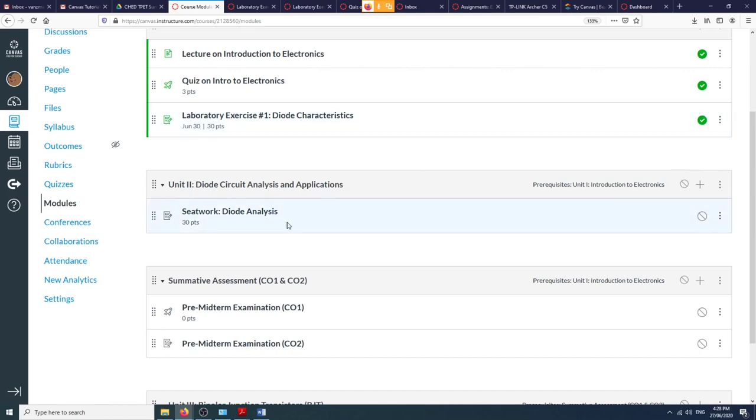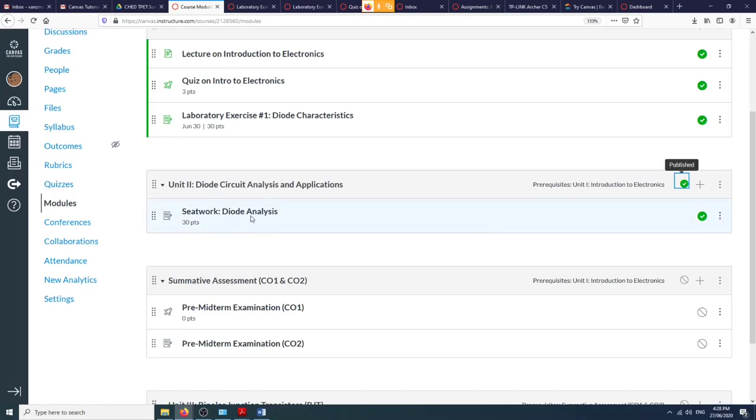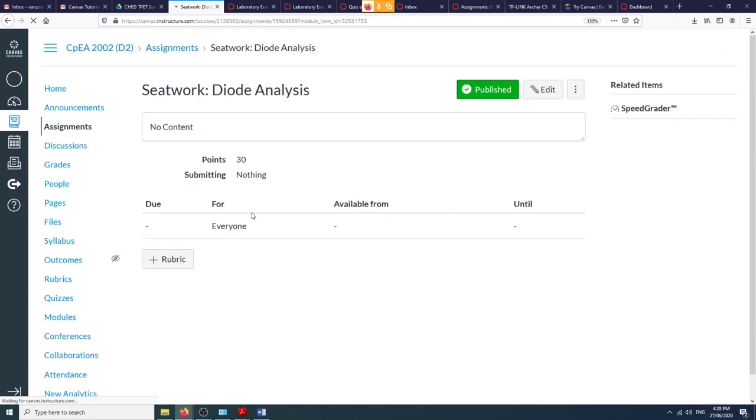Another way of controlling it is that, let's say for example, kaning seat work, although you publish this one, okay, let's say moingon siya, no? You have changed the progression requirements for active courses. Many students may have already progressed to this module and others that depend on it. So just click continue lang. So let's say for example, kani siya assignment, kani siya nga seat work. If you want to postpone the availability of the seat work, so what you can do is that edit the seat work and